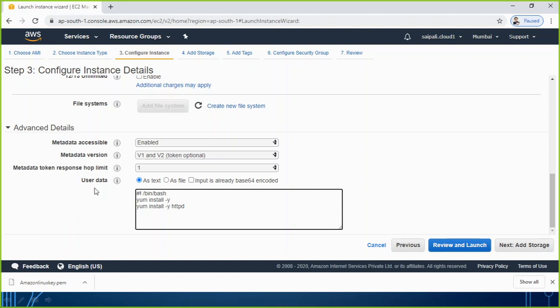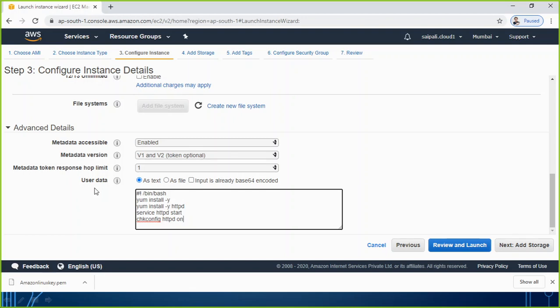Then I will be adding here something like service. What I want to say is that the service of HTTPD, I want to make it start, and then I will just end with chkconfig, meaning checking configuration, space HTTPD, space on. So this is only the bash I am adding here extra.